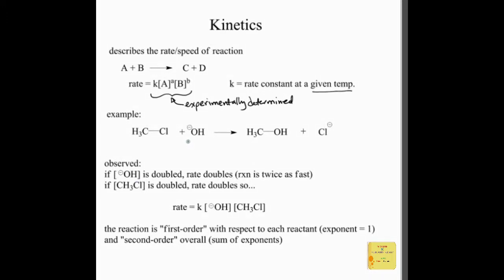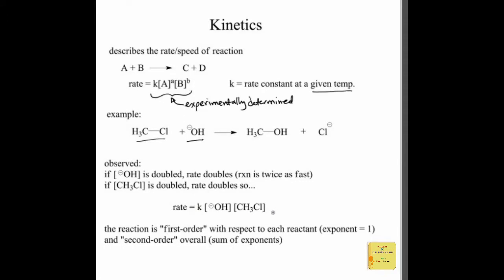If the concentration of the hydroxide starting material was doubled, then the rate doubled. In other words, the reaction was twice as fast to go to completion. And if the concentration of the other starting material was doubled, then the rate also doubled. So based on this experimental evidence, the rate for this reaction is described as k times the concentration of hydroxide times the concentration of the chloromethane. Each of these is just to the first power, because if you double this number, you double the rate. If you double this number, you double the rate. So they have a one-to-one